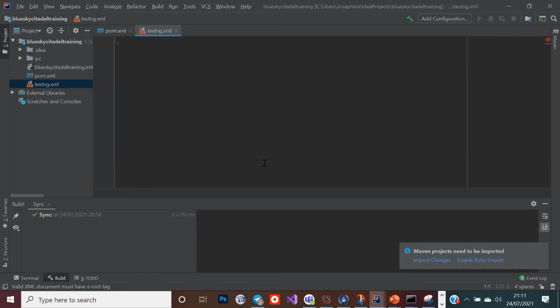So at this point in time, you see on your right-hand side that this is showing red, which means that what is needed hasn't been added as of yet. So for us to have that,